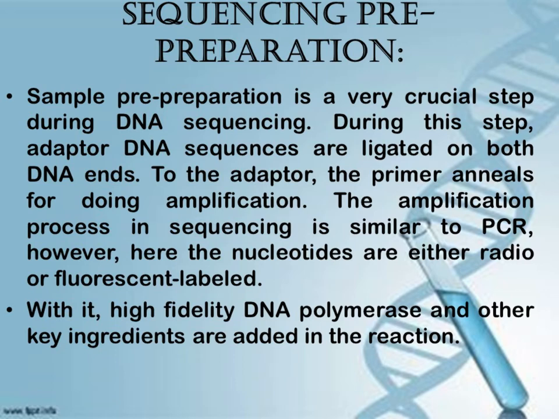coli DNA polymerase 1 Klenow fragment, the 3' to 5' exonuclease activity of these enzymes removes 3' overhangs and the polymerase activity fills in the 5' overhangs. Then add A bases, that is adenine bases, to the 3' end of the blunt phosphorylated DNA fragments using the polymerase activity of Klenow fragment, that is 3' to 5' exo-. This prepares the DNA fragment for ligation to the adapters which have a single thymine base overhang at their 3' end. And the other step includes ligate adapters to the DNA fragments.